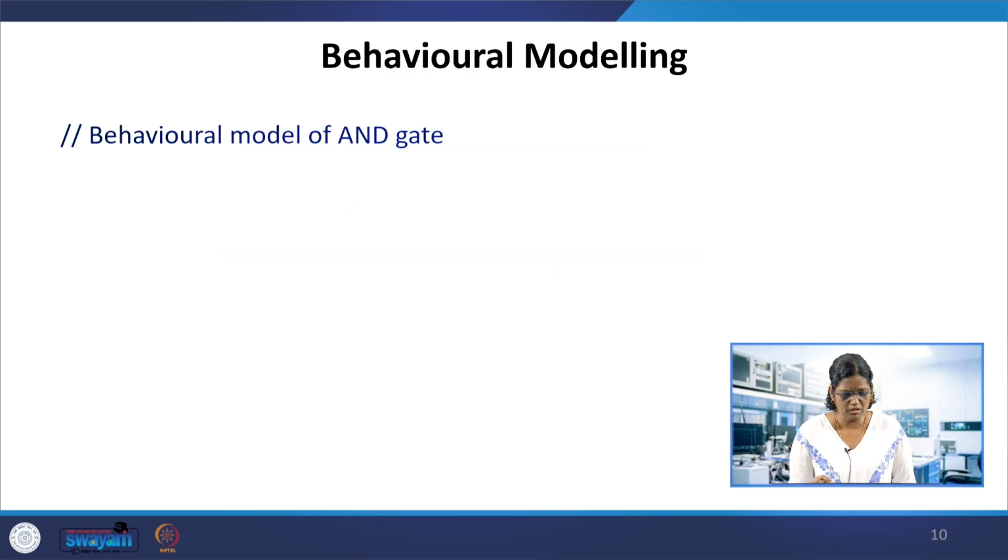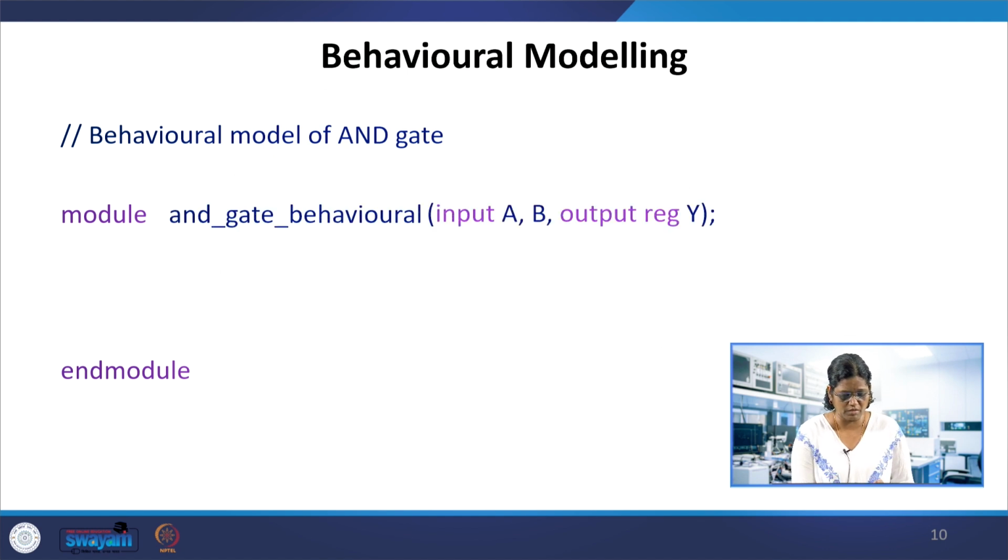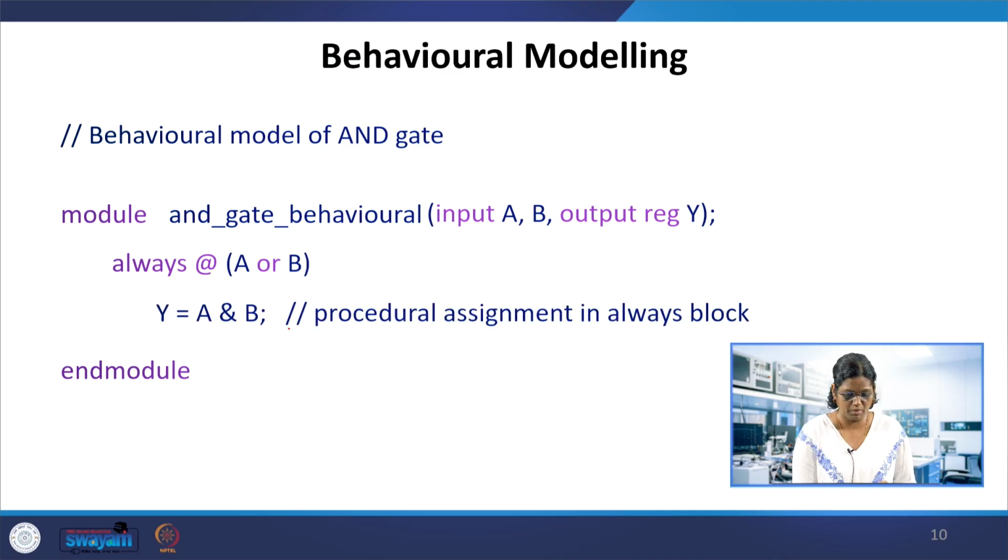The behavioral model of the AND gate we had seen in the previous lecture: AND gate behavioral, inputs A and B and output reg Y. This reg declaration is used because it's always at the rate of A or B, where Y is A and B. So this is a procedural statement. We have only one procedural statement here. If we have multiple procedural statements, then a begin-end block will help make the code more appropriate. The A or B are the signals which are inputs in the sensitivity list. The A or B is explicitly told here; this is a sensitivity list.